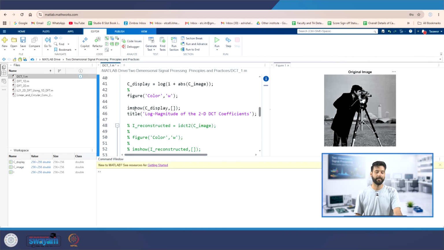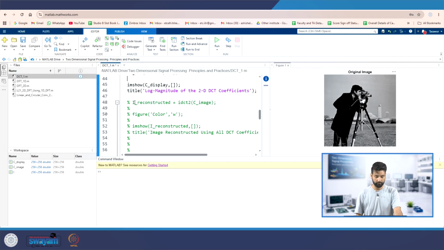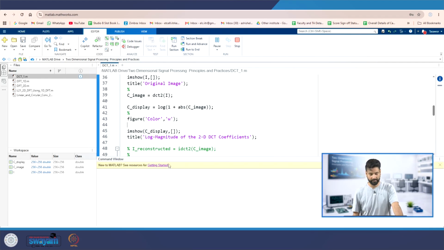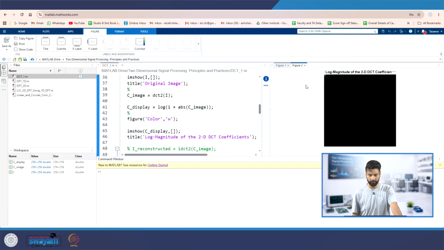And then we write the imshow to display the DCT coefficients on this figure, the original figure. And we'll write the title: log of magnitude of 2D DCT coefficients. Okay, so now we can see here we have obtained the 2D DCT coefficients of our image,